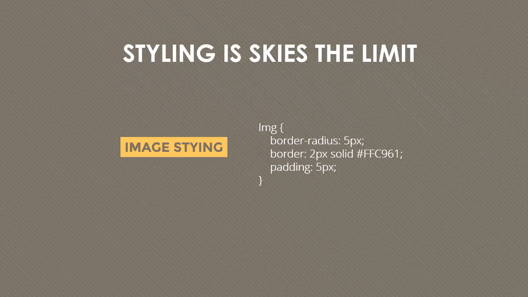So I could separate those in the same definition, right? So I could say border-width and then put 2 pixels. And then border-style and put solid. And then border-color and put this. But I wanted to show you how I could just style the entire border as the same value